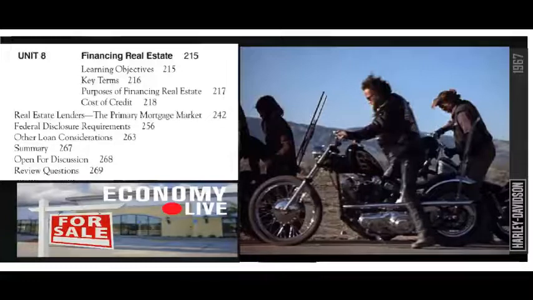The primary mortgage market consists of both institutional and non-institutional lenders. Institutional lenders include thrifts, commercial banks, mutual savings banks, credit unions, and insurance companies. Non-institutional lenders include mortgage companies and private individuals. Non-financial institutions, such as